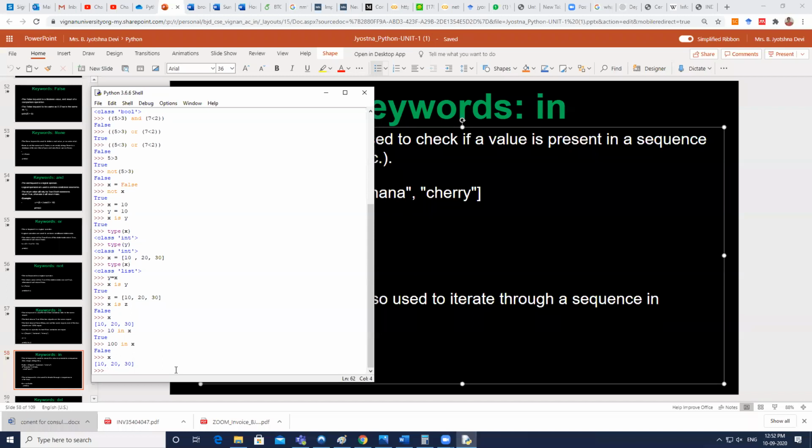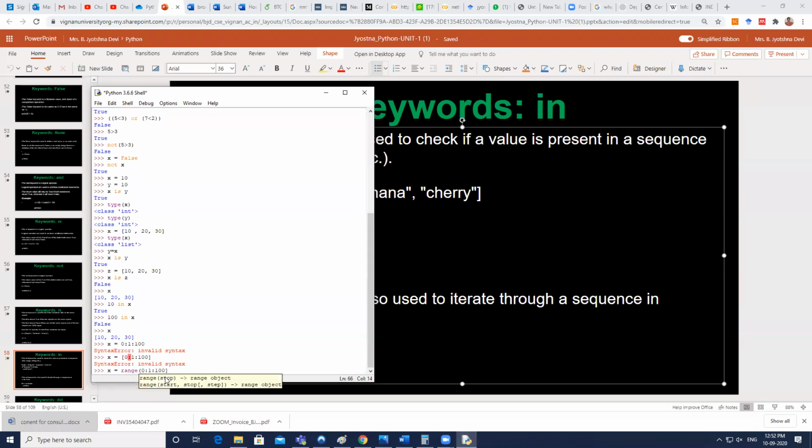Say for example, let me create a list like this: X equal to range of 0 comma 100.